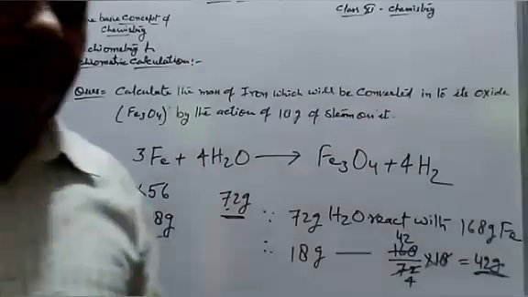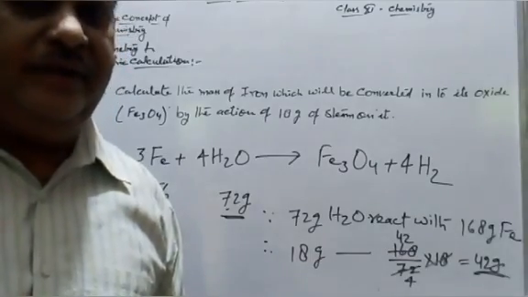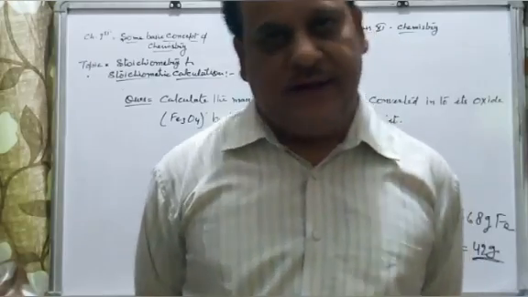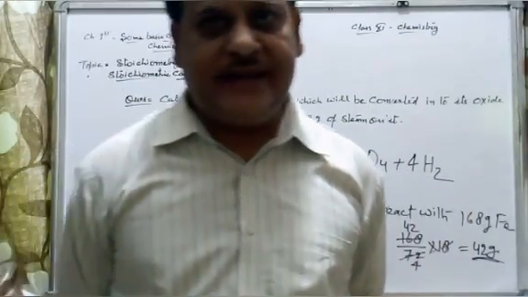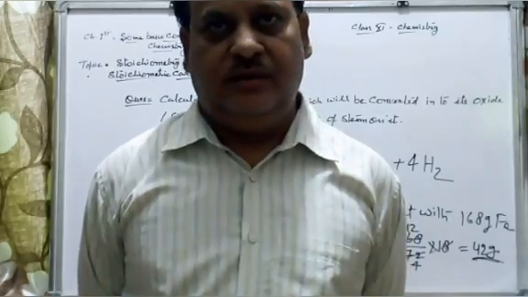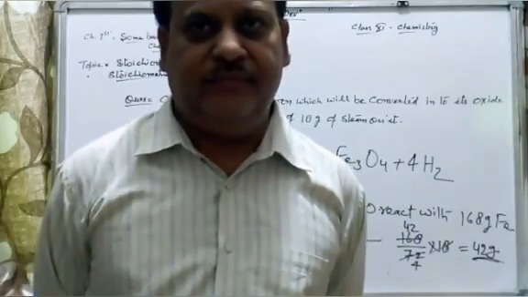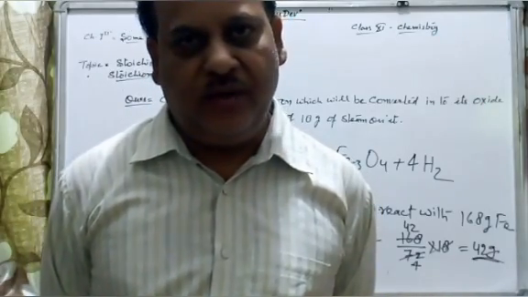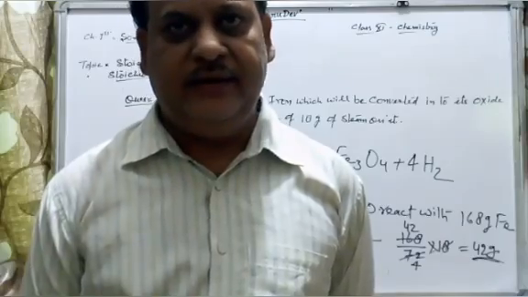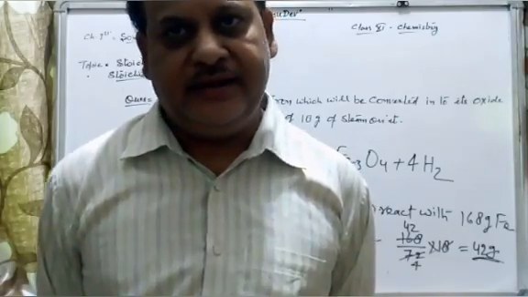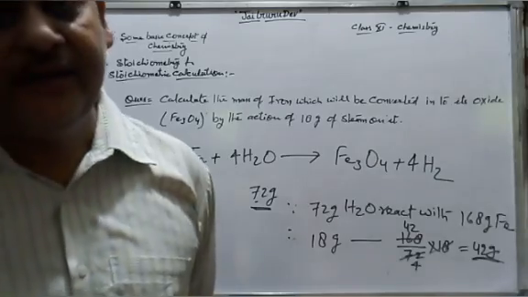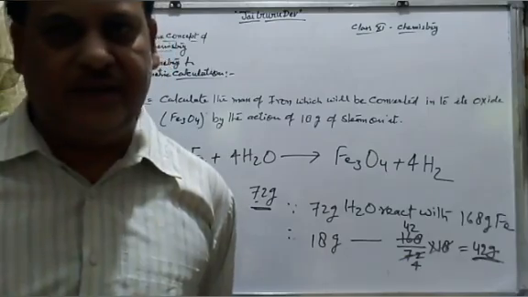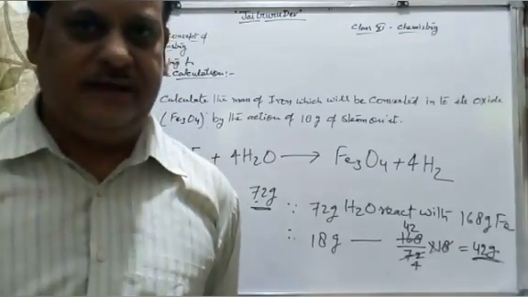Okay. Now we will study limiting reagent. Yes, students, we will define limiting reagent. In a reaction, the reactant which is present in the lesser amount gets consumed after some time, and after that no further reaction takes place, whatever be the amount of other reactant left. Hence the reactant which gets consumed limits the amount of the product formed and is therefore called limiting reagent.